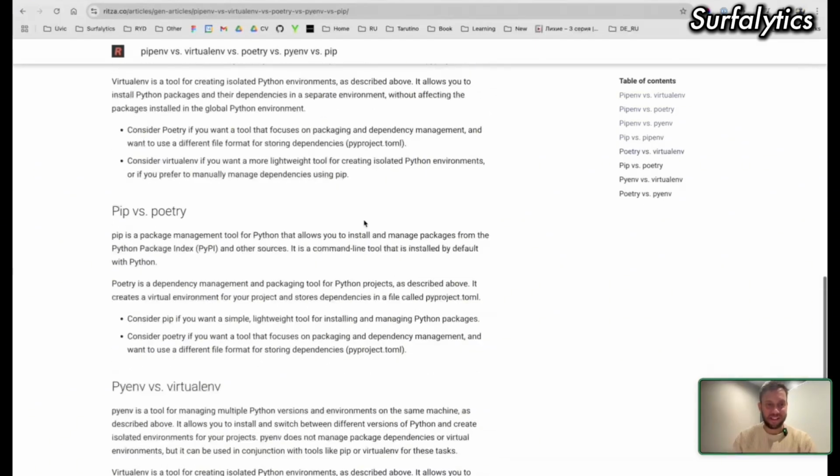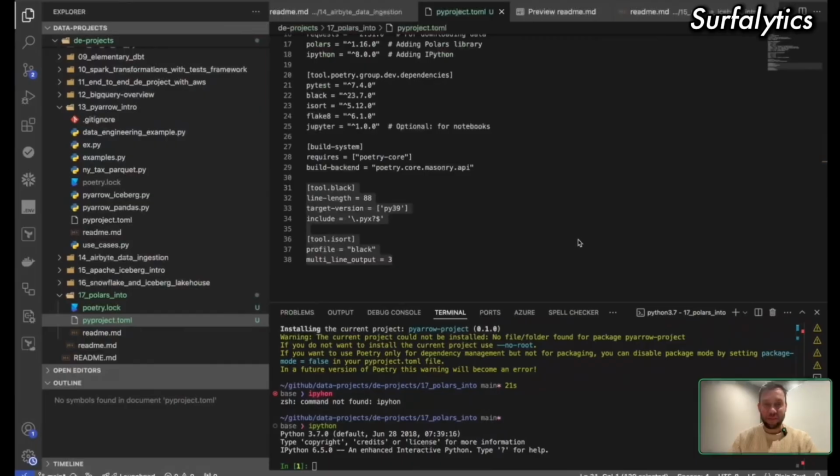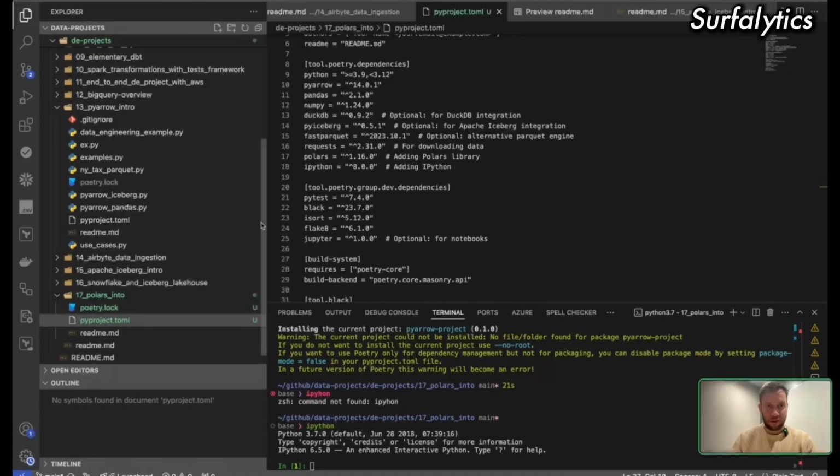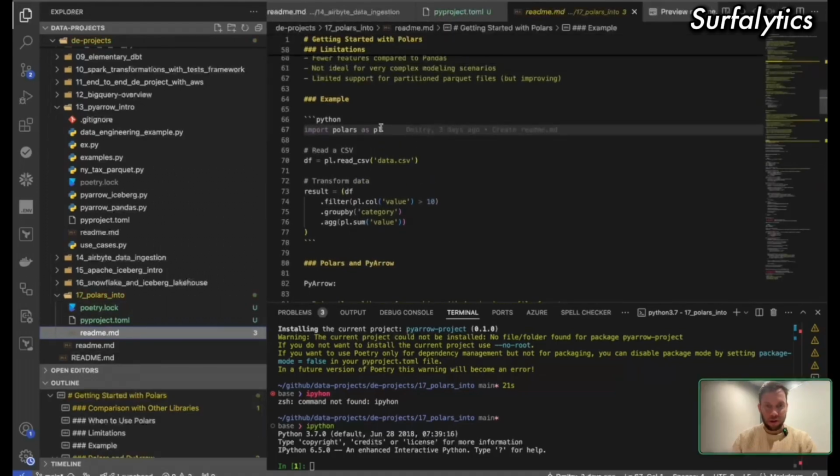From this, it looks the same, just buzzwords here. That's why just use whatever you like. That's probably the case. If I go back to my README,